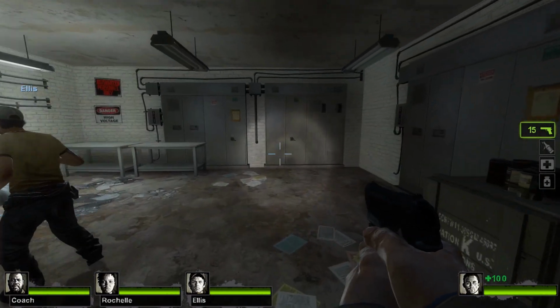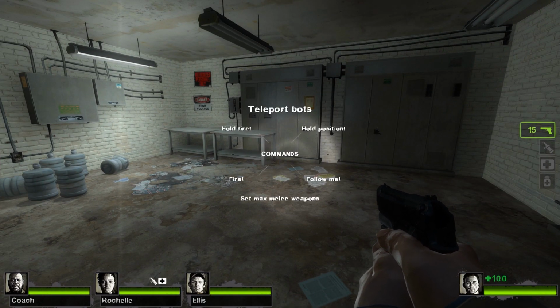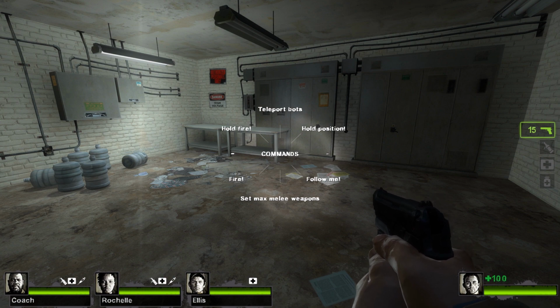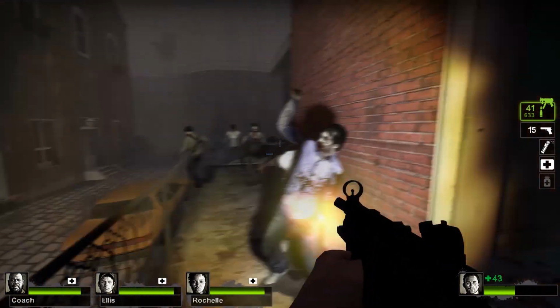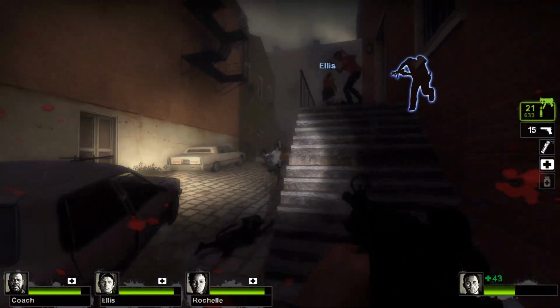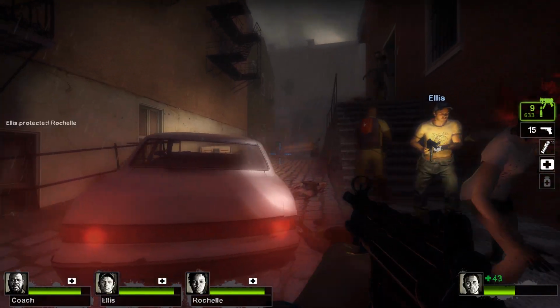The mod comes with a radial menu that allows you to do different things, including activate bot commands, but I believe these commands do disable achievements. You can now take control of bots and teleport bots back to you if they get lost or stuck. There's also commands to change the difficulty and map at any time during gameplay. The bots seem to have better reaction times and do a better job at defending you,